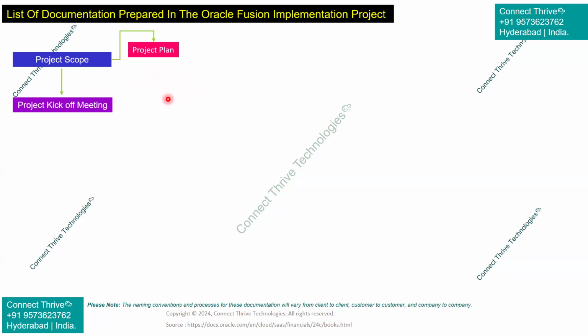It's the project kickoff meeting. In the project kickoff meeting, we have to prepare the process flow documents in PPT mode. Procure to pay: how we need to create the requisition, purchase order, then PO receipt, GRN, then subinventory transfer, PO matched invoice, then making the payment and reconciliation. And order to cash: sales order creation, then ship confirmation, pick release, import AutoInvoice, creating the AR transaction and receipt, then remittance and doing the reconciliation, and then intercompany related transactions,